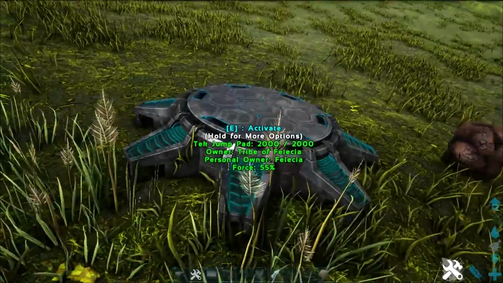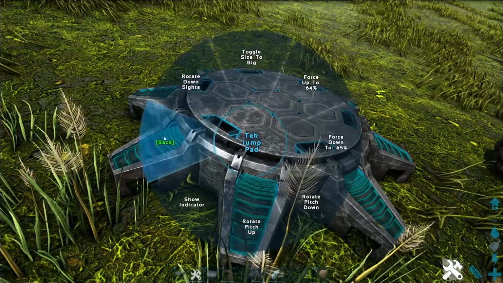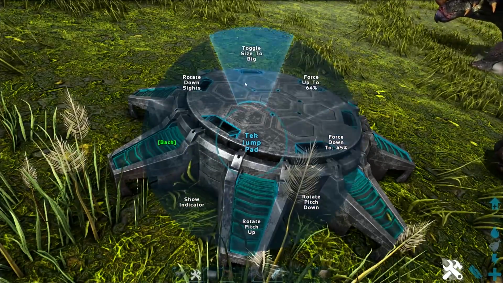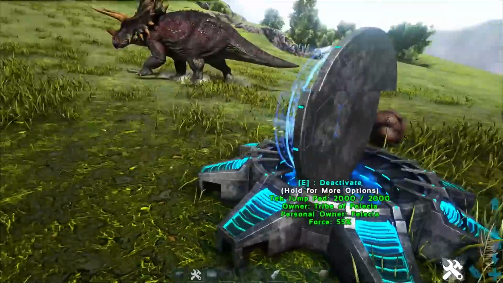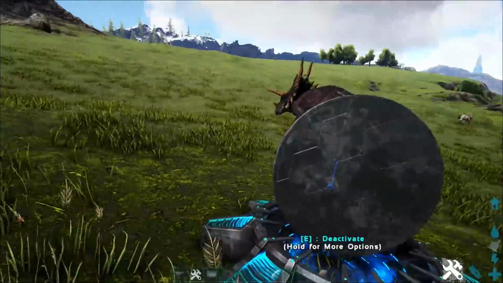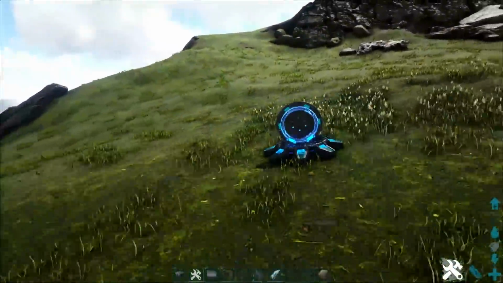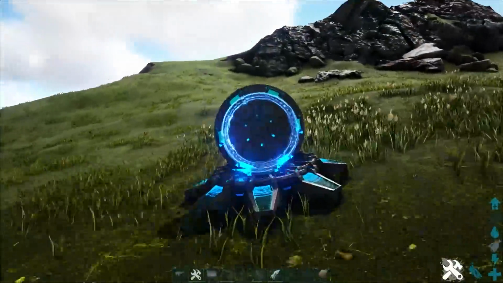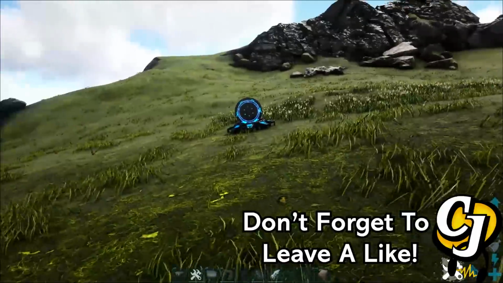Now, guys, the next item is the Tech Jump Pad. I love this thing. It's so cool. So, you've got a bunch of different settings here, so you can do a couple. So, if we activate it, you can see here it rotates down sights. Now, what this means is it will obviously lift up. You can walk in front of it, and it'll catapult you forward. Now, as to what this use can be, I'm not too sure yet, but there's a lot of PvE aspects